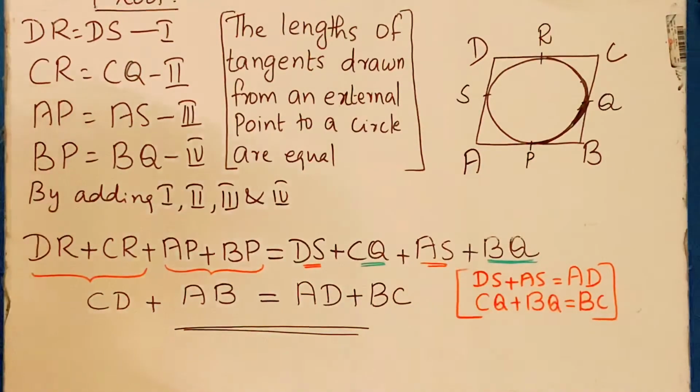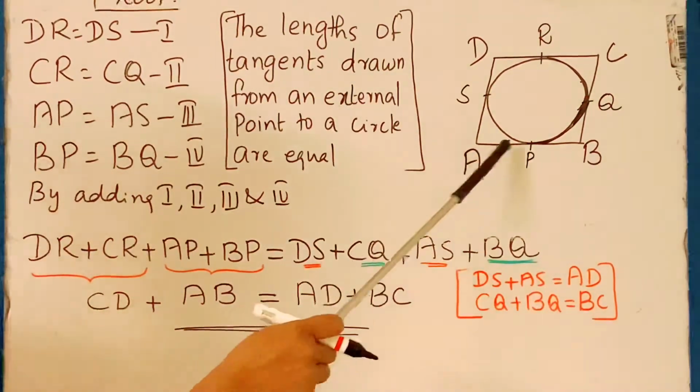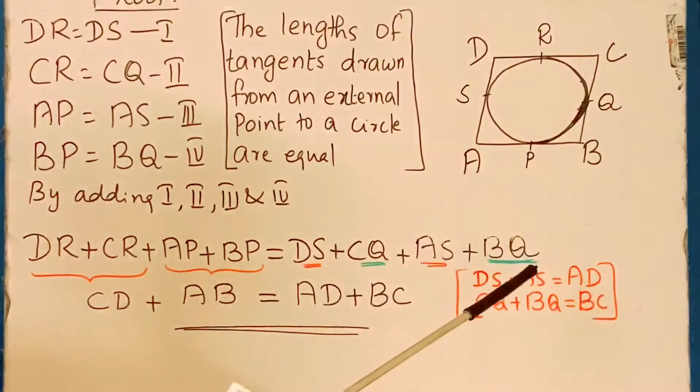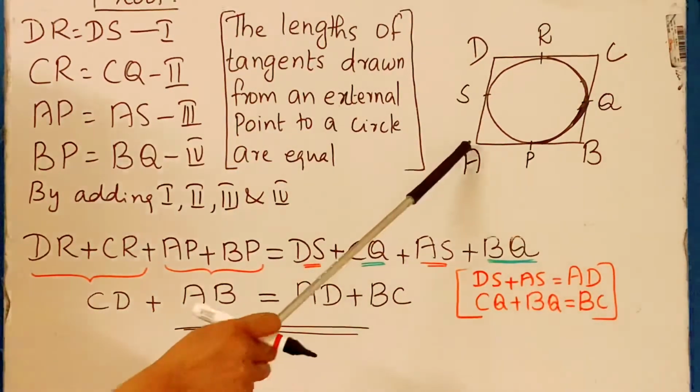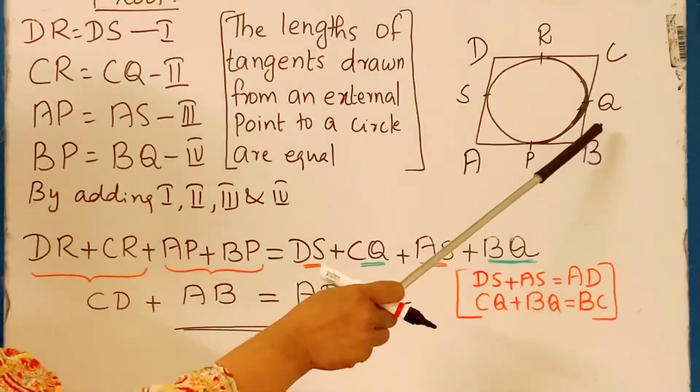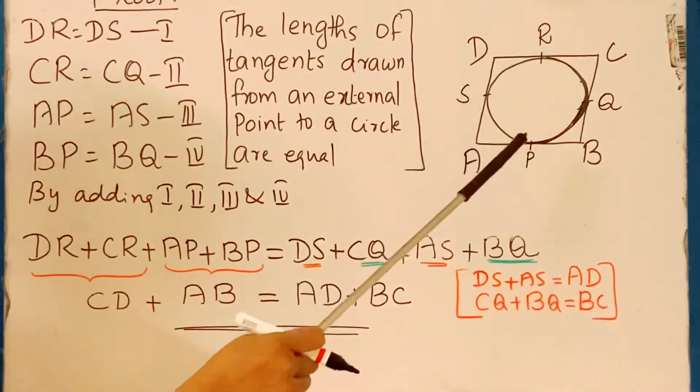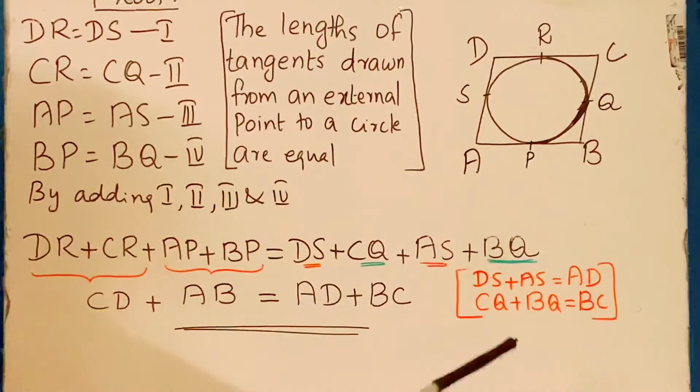How does a parallelogram become a rhombus? If the adjacent sides are equal, then it is a rhombus. If AB and CD are equal in this parallelogram ABCD, then we can say that it is a rhombus. A rhombus is a parallelogram with all sides equal. So once AB and CD are equal, the other sides will also be equal. So how do we do this?